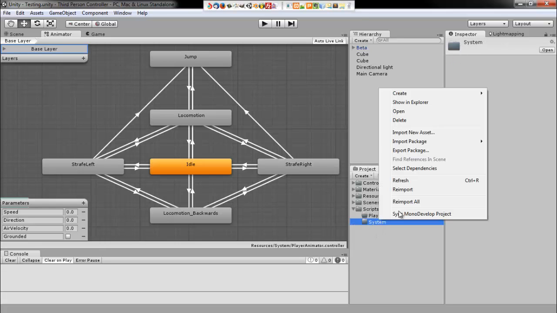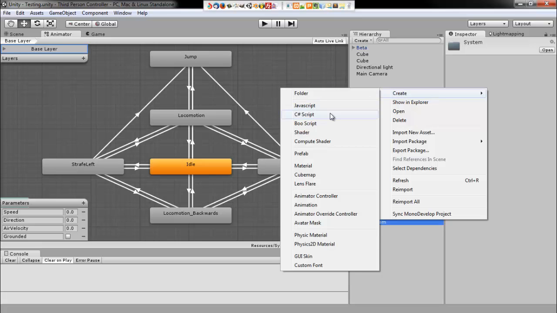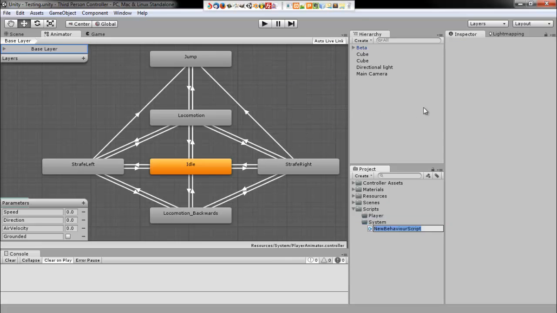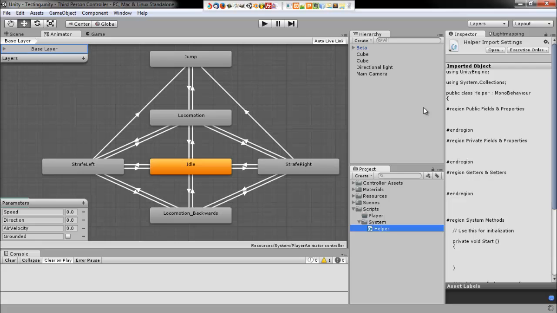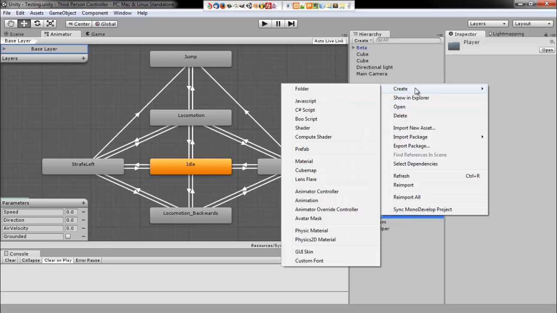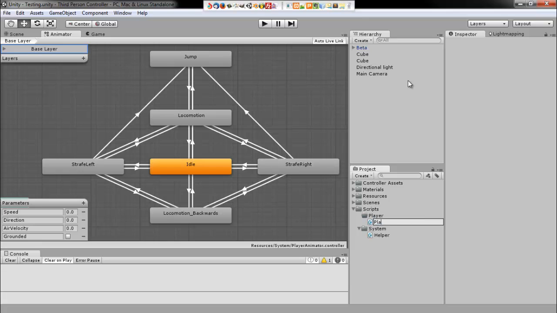The first one, and the only one that we'll be working on in this video, is the helper class, or the helper namespace. So under system, under scripts, I'm just going to make a new C# script and call it helper. It's always a good idea to make a helper class, and you'll see what its purpose is once we start coding it, but I just want to go ahead and make the other 3 scripts that we'll be writing as well. So under player, we'll do new C# script and call this player character,